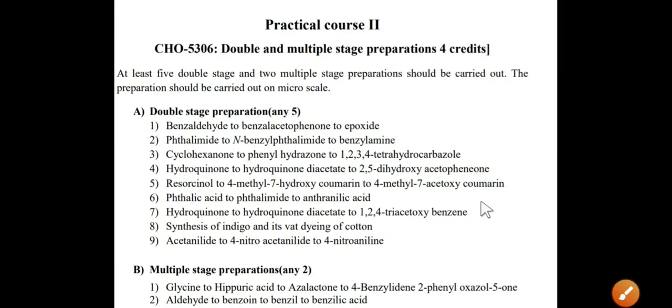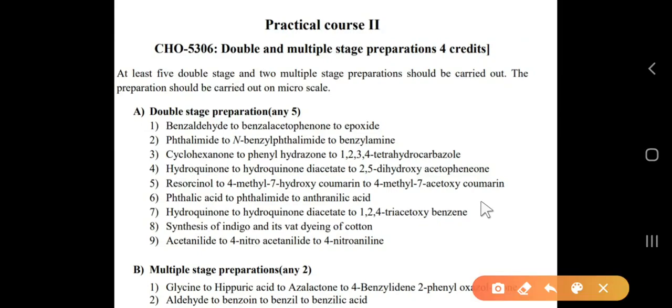Hello students, today we are going to see the experiment conversion of phthalic anhydride to phthalimide to anthranilic acid. So in the index we have written phthalic acid, but actually we are using phthalic anhydride and we are going to convert it to phthalimide, and after the Hofmann rearrangement it will convert it to the anthranilic acid. So I hope you remember the Hofmann rearrangement you studied in last year paper. Okay, so let's go for the actual reaction.